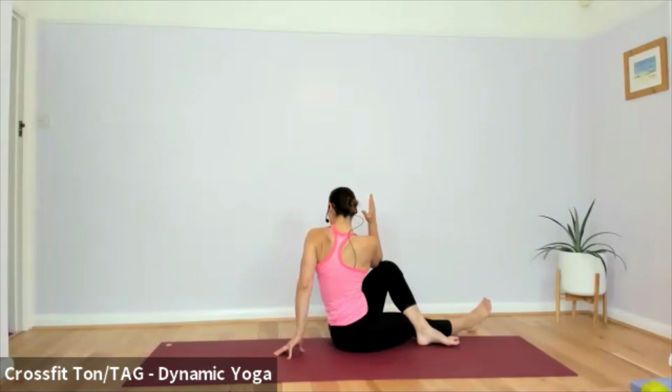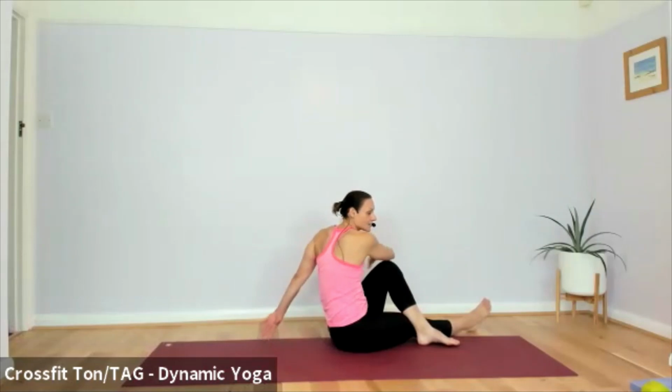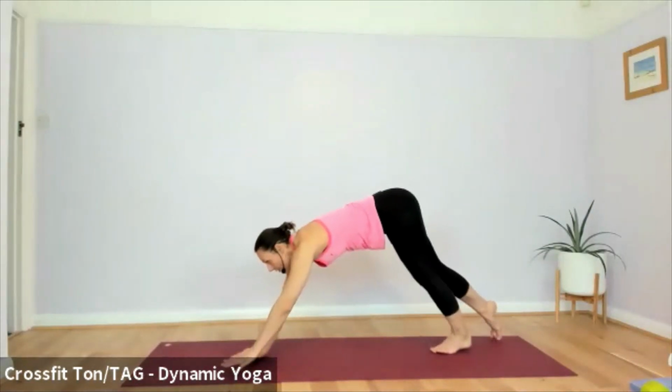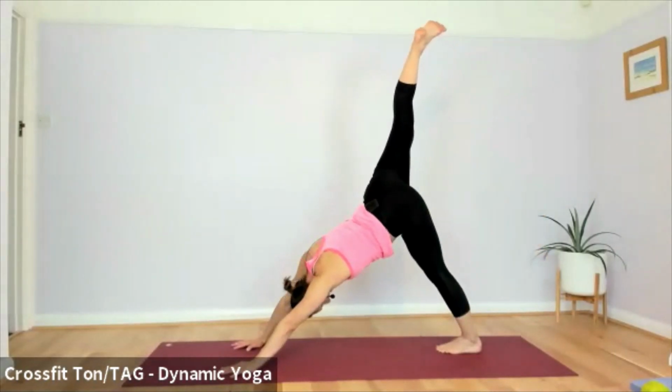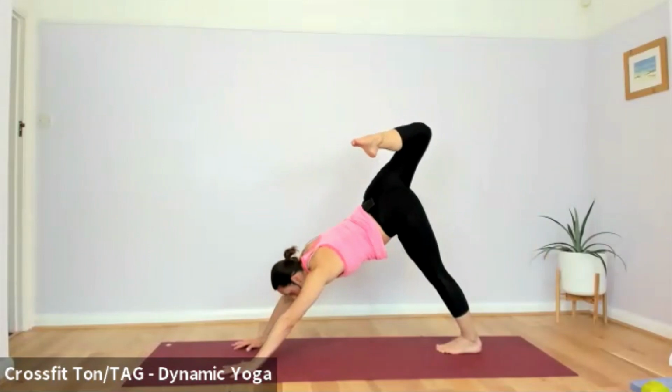You're coming back to the front of the mat, finding yourself in a three-legged dog with the right heel up. I'm sweeping all the way to my right, reaching behind me. Sweep up, right heel up, take a big inhale. And exhale, step the foot through between the thumbs